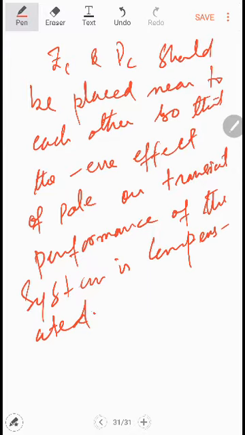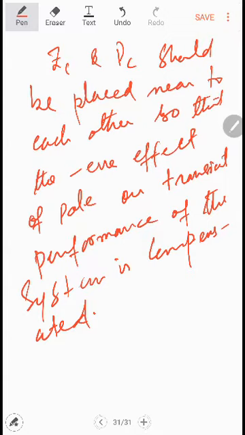That will also compensate. Remember, for a type 2 system, you should not take a phase lag compensator or PI controller. Why? Because it will increase the type of the system also, and it will make the system highly unstable. So that is why, for a type 2 system, we should not consider the phase lag compensator.